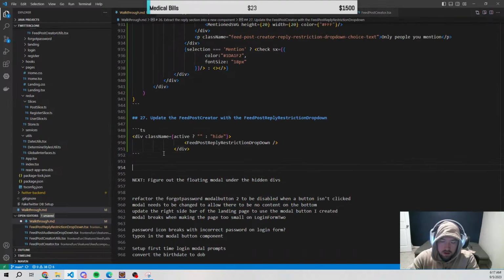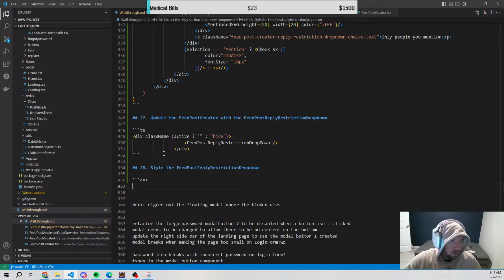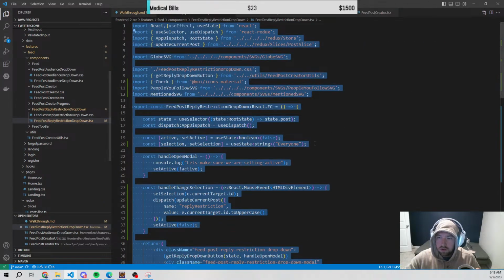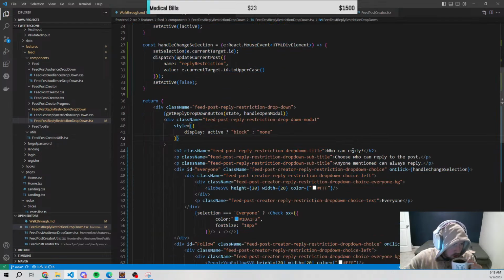Now let's style this. 28. Style. Feed. Post. Reply. Restriction. Drop down. And this is probably going to be more or less the same as our other one. That's why I said this could probably be extracted and whatever, but